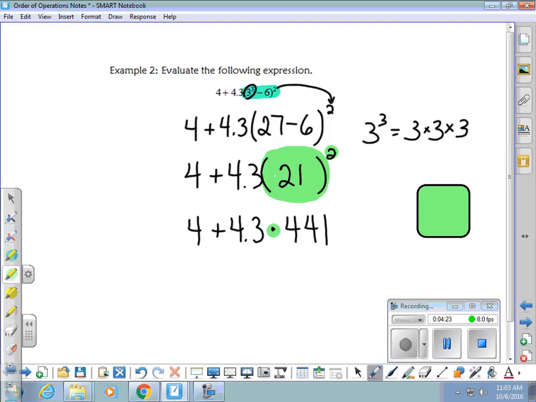So the next step is to multiply 4.3 times 441. That should give you 1,896.3, bringing the plus 4 down. Now we add 4 to that, and we get